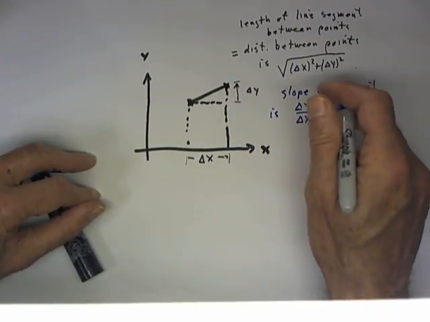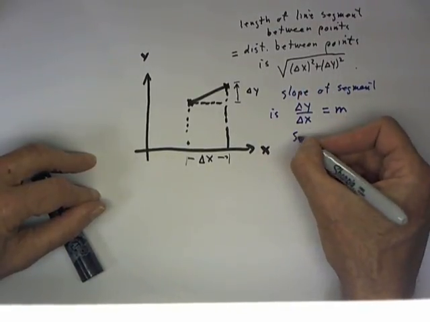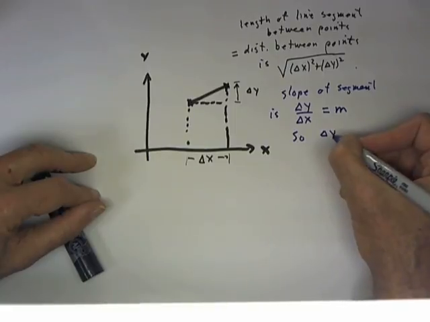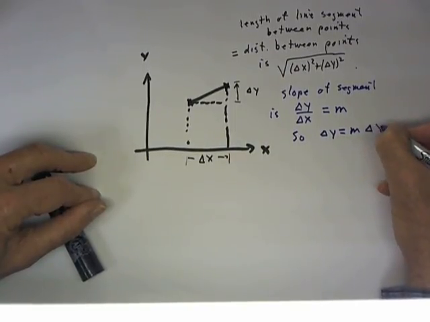Now, if delta y over delta x is m, then delta y can be expressed as m delta x,